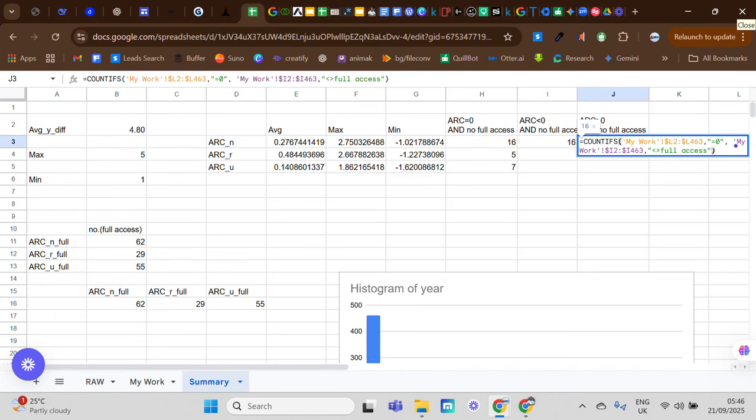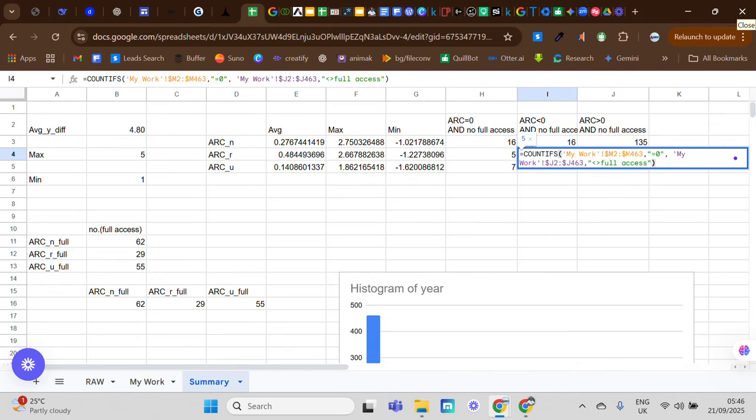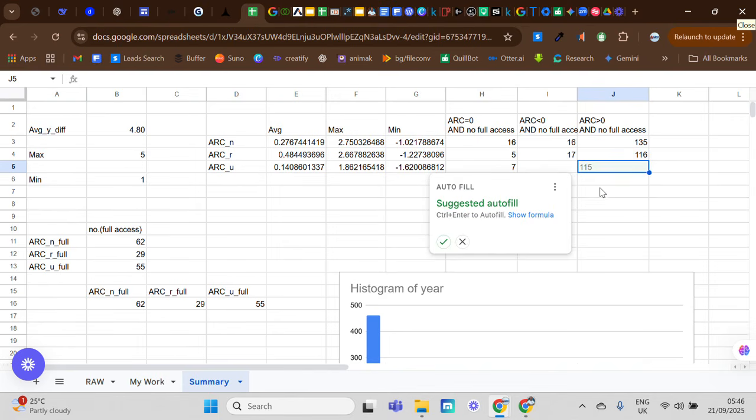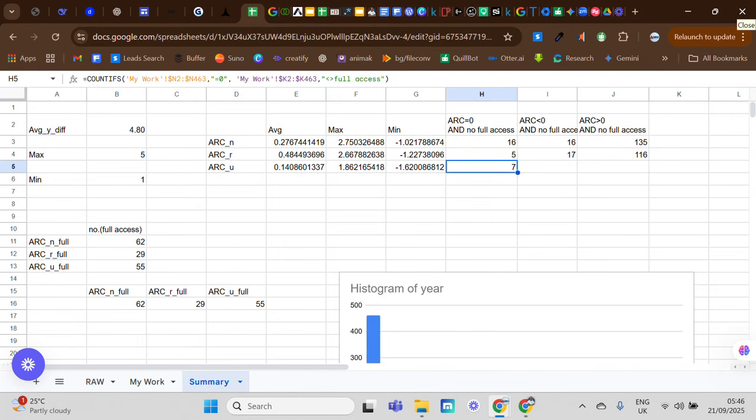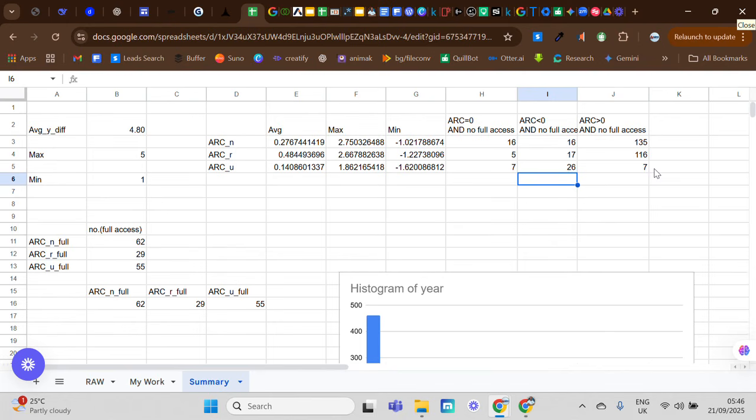What do I choose here? I choose the greater than, so I will replace it, and then I enter, and you can see the values are starting to change. I'll do the same thing here. I'll get in here, change this one to less than, and then get in here, change this one also to greater than. Then I'll come here, do the same thing, change this one, enter, and then this